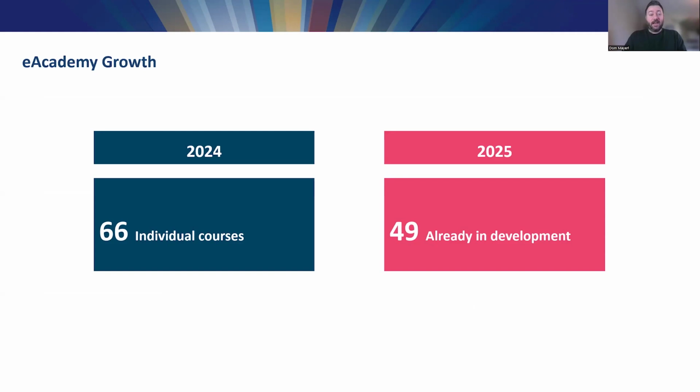Looking at that number, we're going into 2025 with that development number. There's every chance that we will double the size of the eAcademy in the next year. And that means that, again, it's a perfect time for us to be looking at the build, the conceptual design and eventual implementation of the AI chatbot, because of the size of the academy. The need for the benefits of an AI chatbot for our learners is only going to increase over time. So the more we can provide these solutions in the short term future, then as we grow, the AI chatbot would hopefully grow with that development as well.